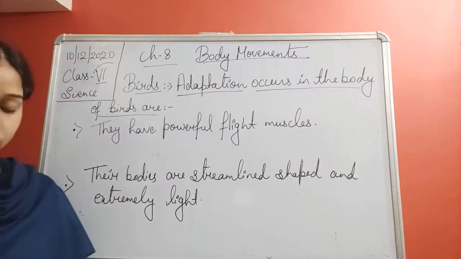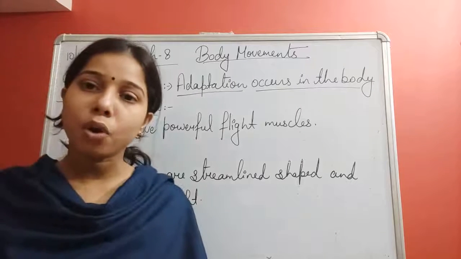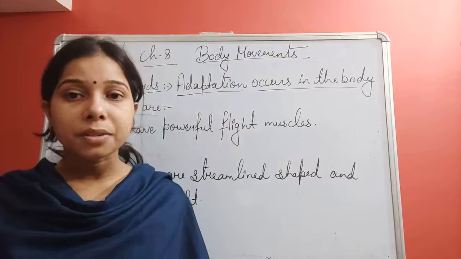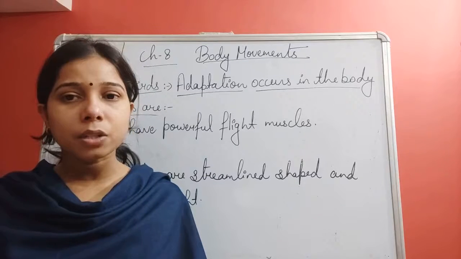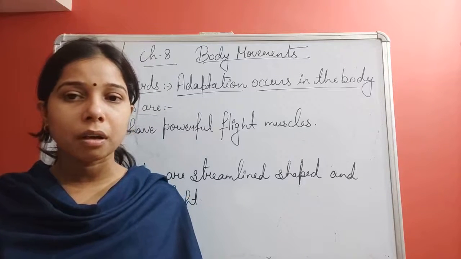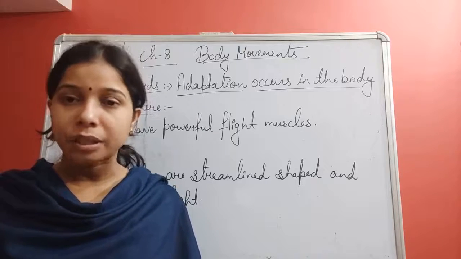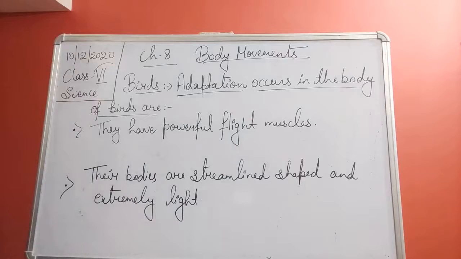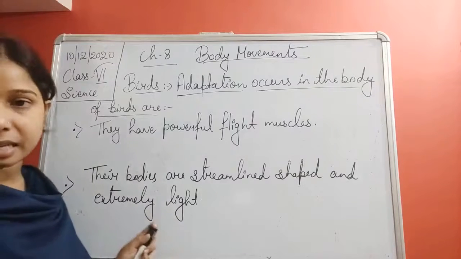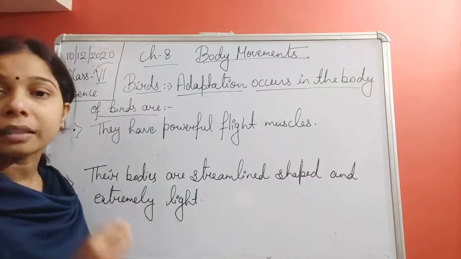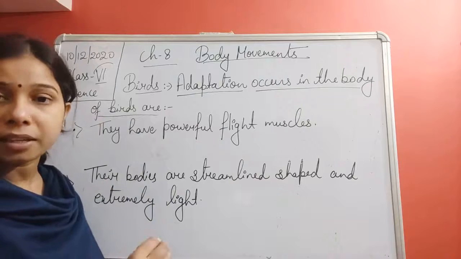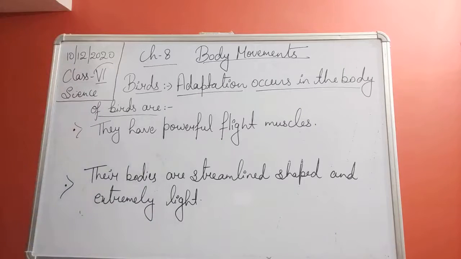And you know that, students, when we were talking about the cockroach, we saw that the wings are basically attached to the chest of the body with the help of the flight muscle. So here also you see that the breastbone is very much extended so that it will attach to the flight muscle. Okay, so we can write it here.